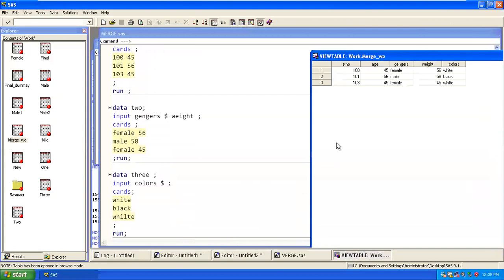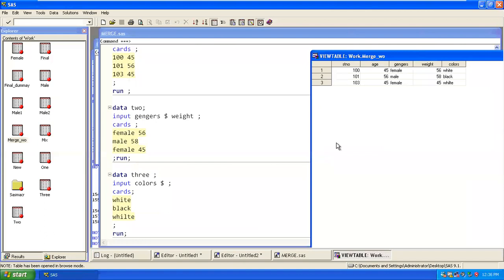But another thing is there: for which ID it is female and which ID male, we don't know. Correct? Getting it? By looking at the second table, we won't get to know what information that is. For 100, is it black, white, or white only? We don't know. Getting it?